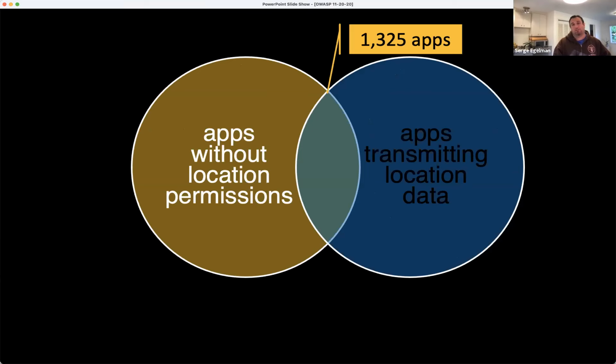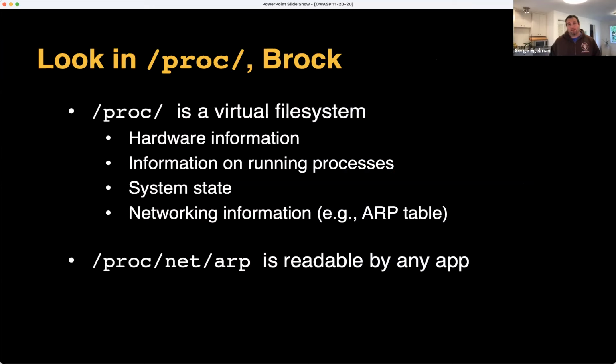In a small number of these cases, we observed that this was due to GeoIP lookups that were far more accurate than we had expected, with a high degree of precision. But in many other cases, it was due to location being accessed in other ways. One way was just accessing the proc file system. Going through the Android Java middleware does the permission checks that regulate access to many of these resources, but there are other ways outside of the Java part to access the same data.